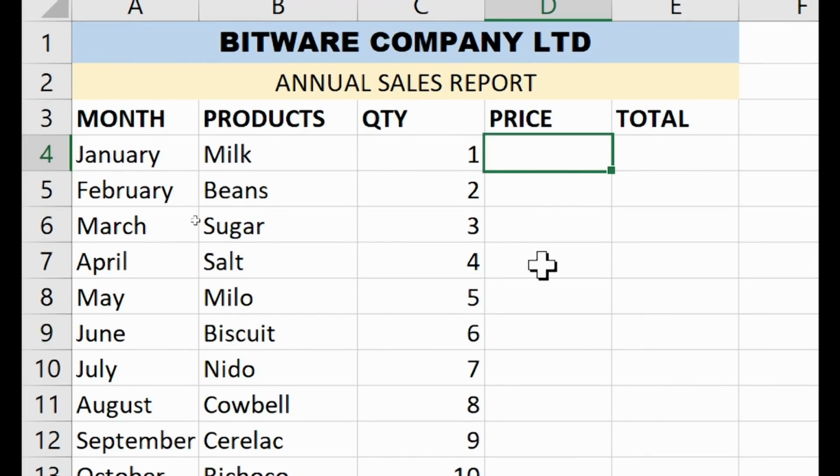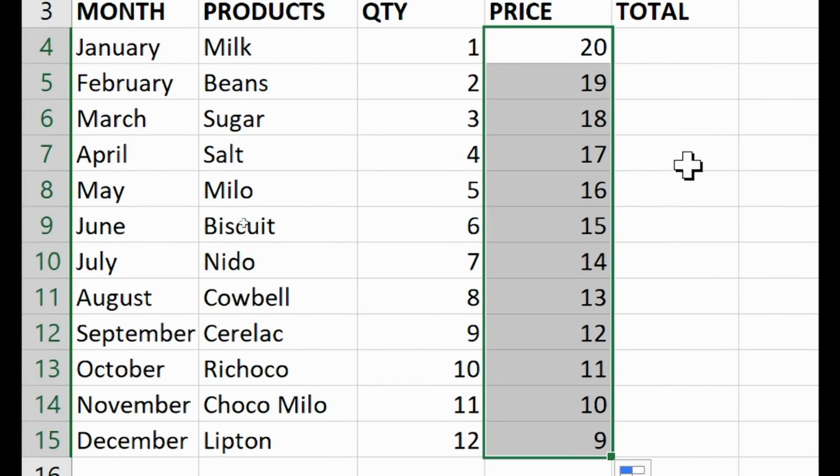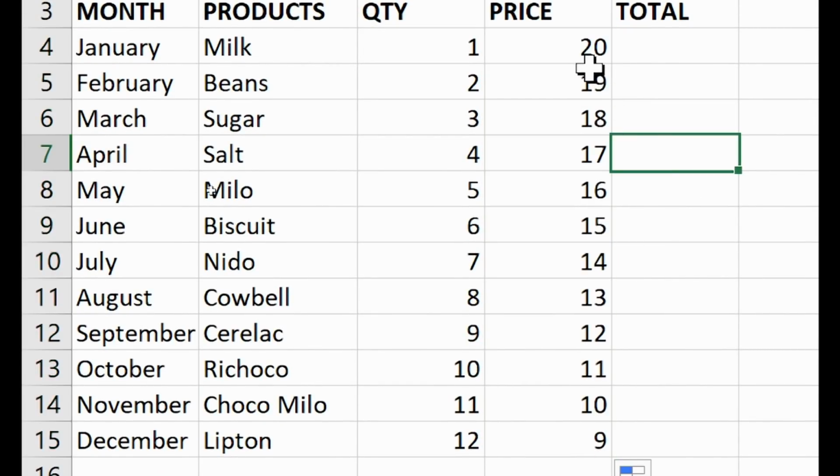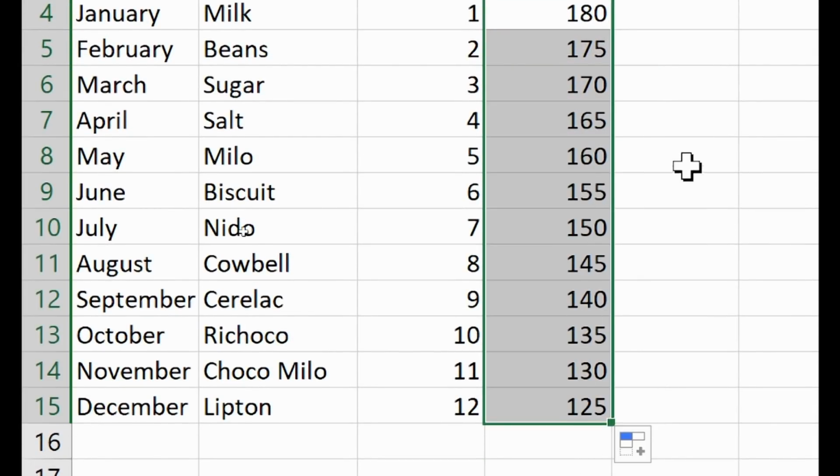Here I can put some prices. Let me just put 20, 19, and just use autofill to apply the pricing. Or let me just make the price look a little bit high, like 180, and this will be 185. Sorry, 175. All right, so let me go back and use autofill again on all of them, and autofill will apply